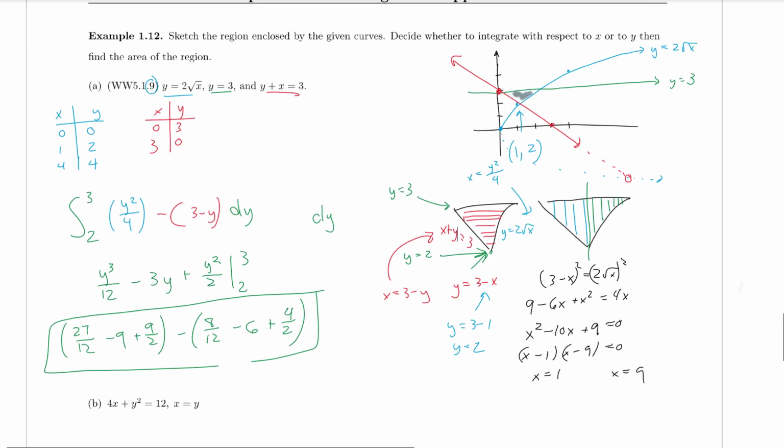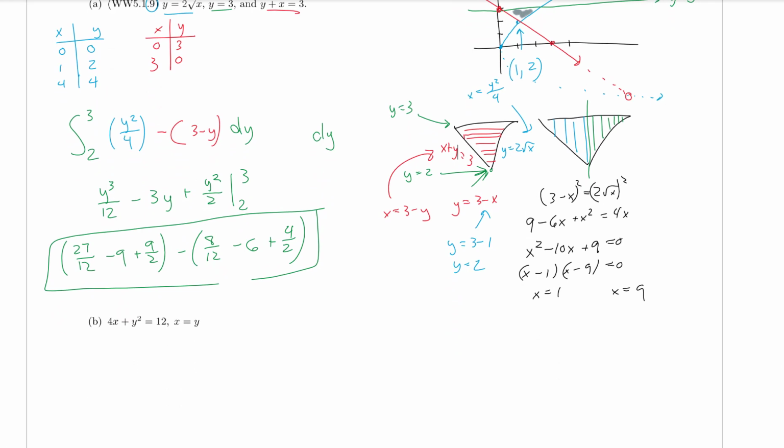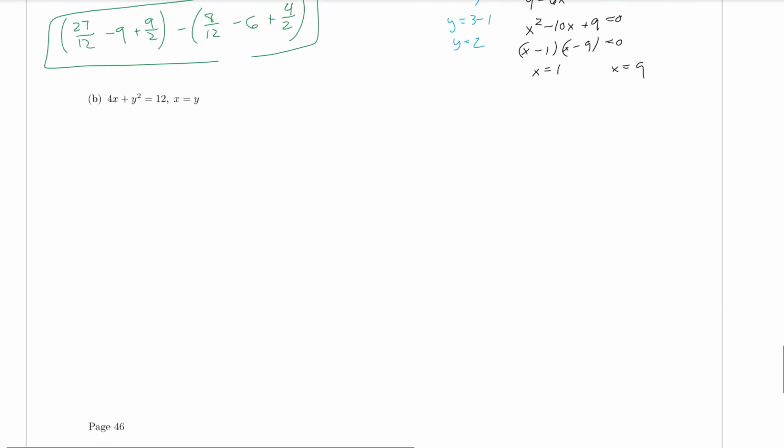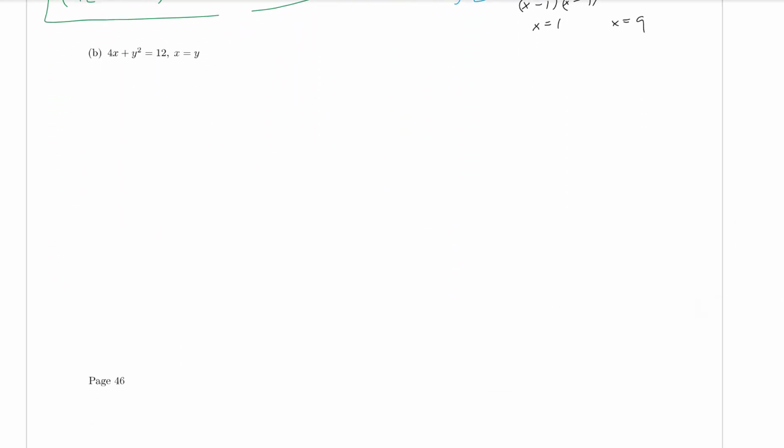All right, one last problem here. Our last problem is that we're trying to find the area between y equals x. I can graph that one pretty easily. This is our y equals x line. And then we're going to try to graph 4x plus y squared is equal to 12. And I want to do that by coming up with a